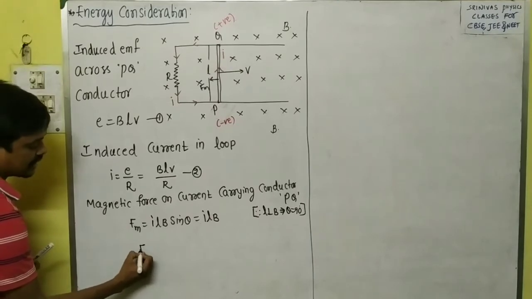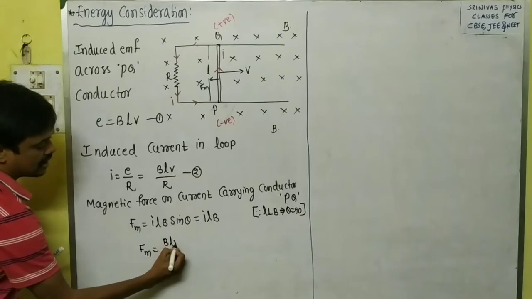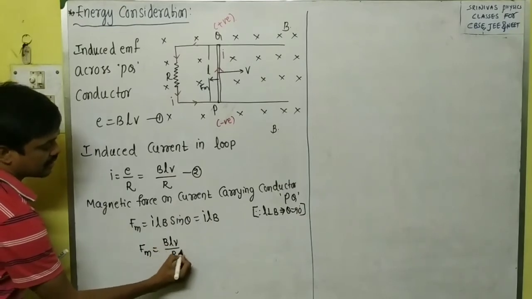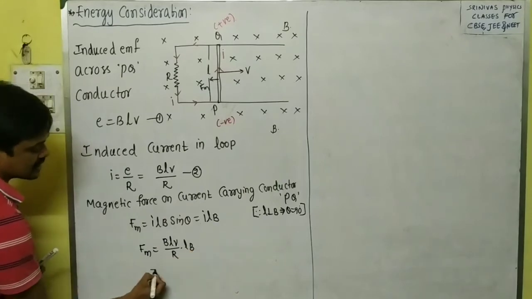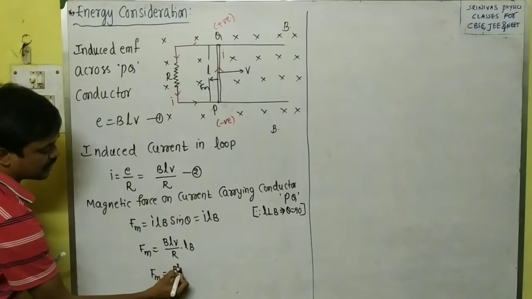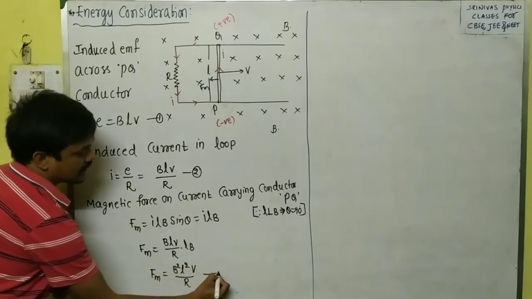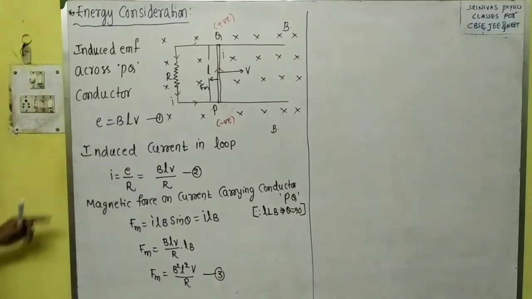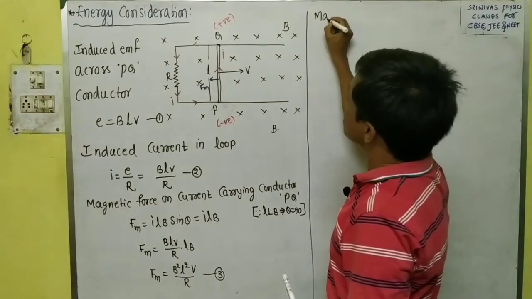Magnetic force we will get, as I is BLV by R, into LV. We write the magnetic force as F suffix M, magnetic force, equals B square L square V by R. This is the magnetic force acting on the wire. That force will act on the left side, right? This magnetic force